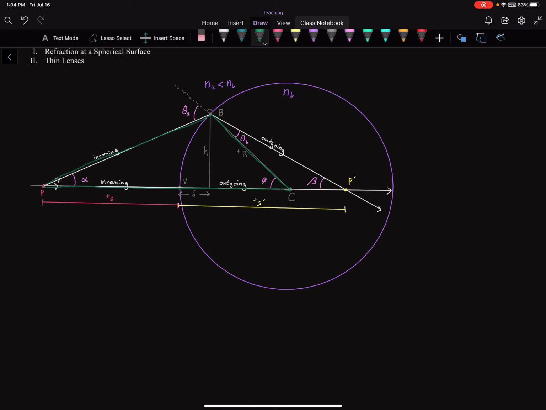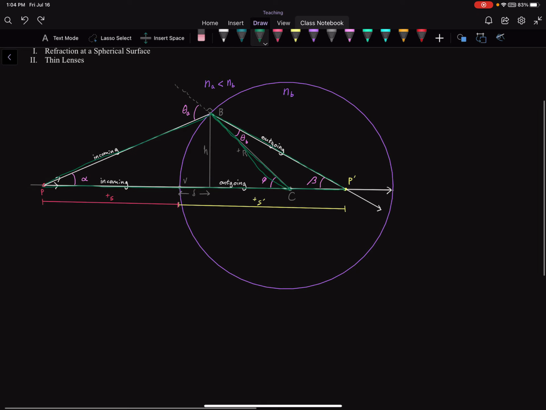So there's a triangle, and we have triangle P prime BC. It's from the image to the center of curvature. So we have this triangle, right? This whole triangle and this whole triangle, basically. Looking at those two triangles, we can say something about our